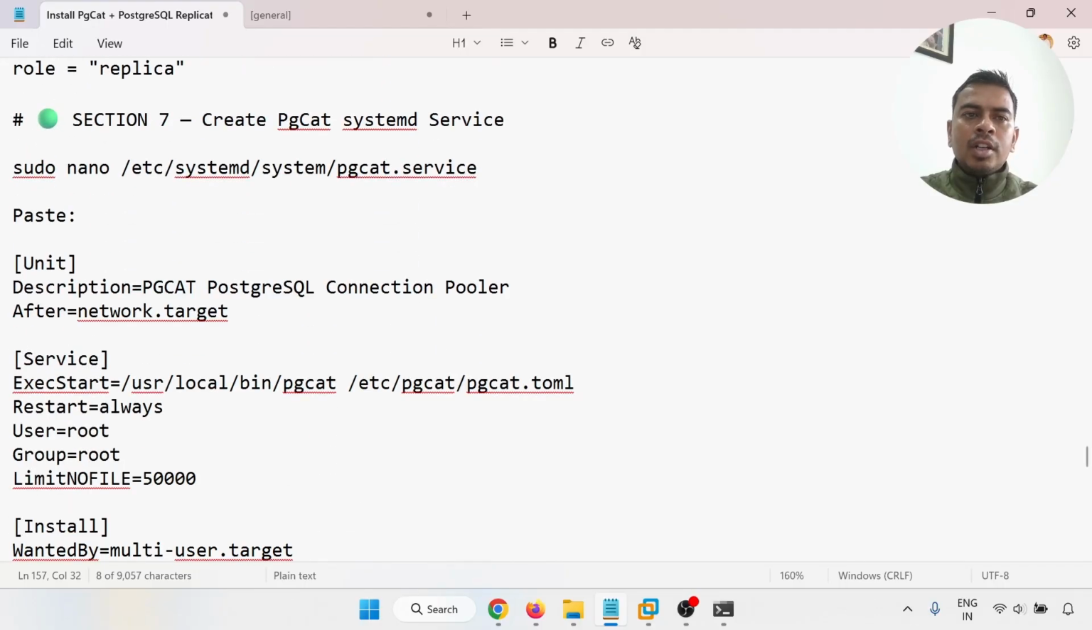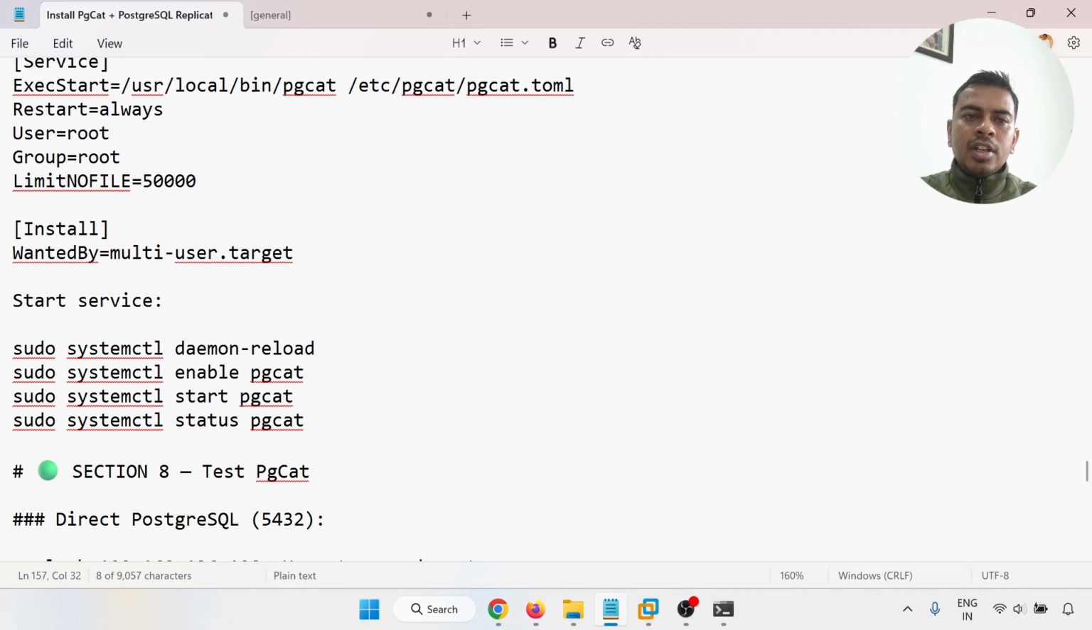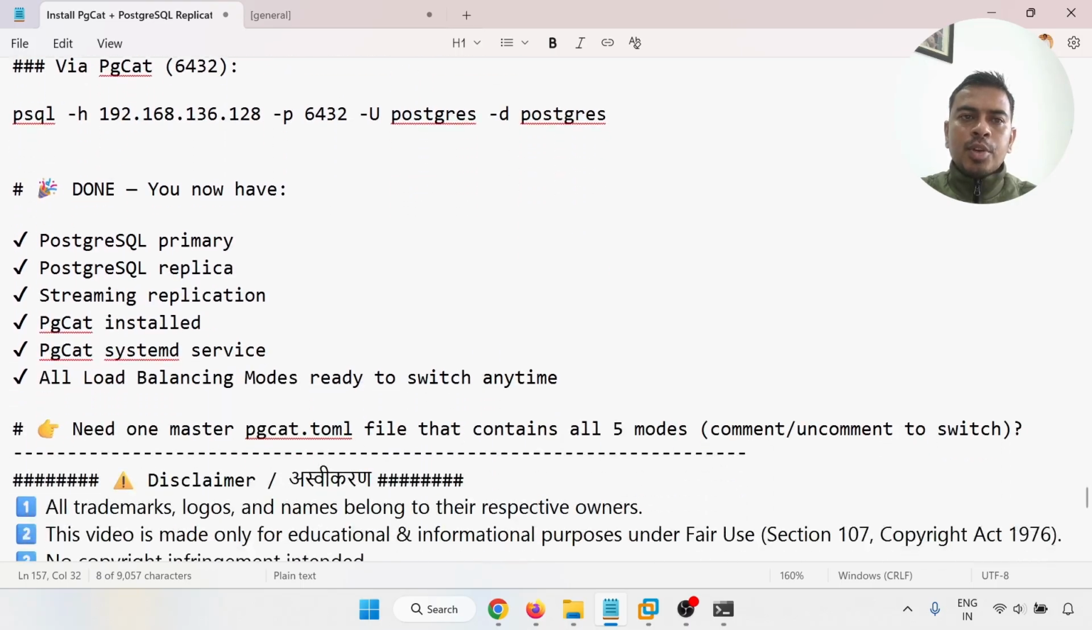So in this video we will learn how to install the pgcat postgres replication on Ubuntu 24.04